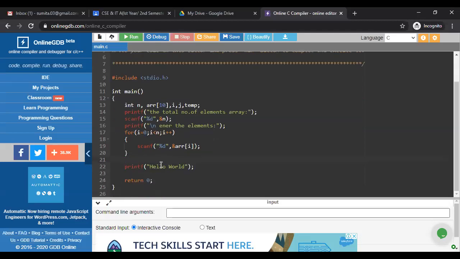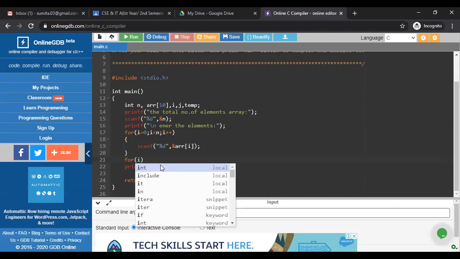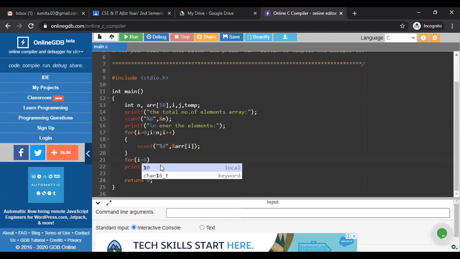First of all, we write the outer loop here. I'm writing that first, then I will explain why I'm writing 1 and why I'm not writing 0. Because as we know, array indexing always starts from 0, so why am I not writing 0, why am I writing 1? I'm telling you that.